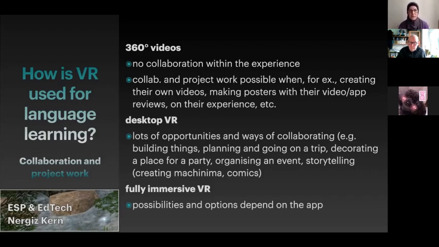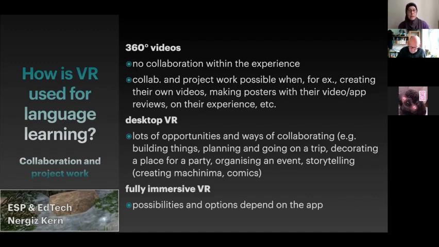Whereas in desktop VR, you have lots of opportunities for collaboration. You can build things together, you can plan and go on a trip together, you can decorate a place for a party, organize other types of events, and you can also do storytelling. And here, for example, create machinima. And machinima are films made in virtual reality.